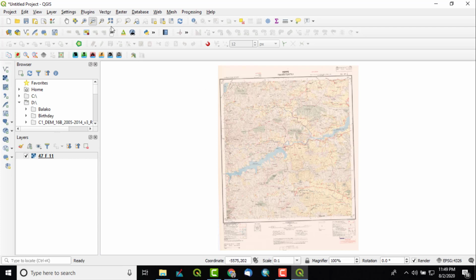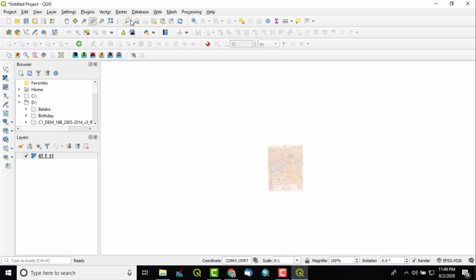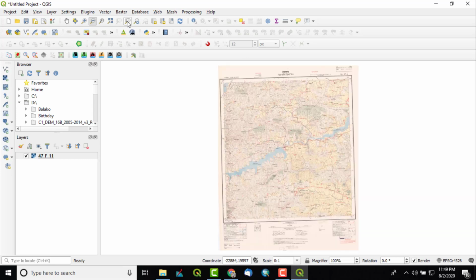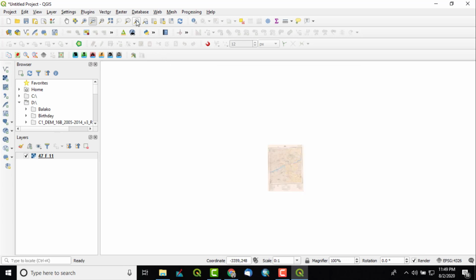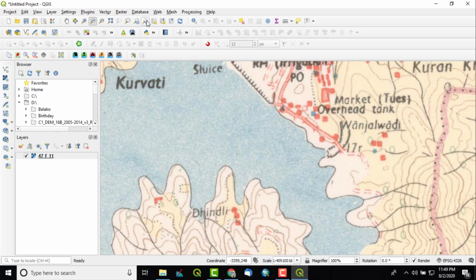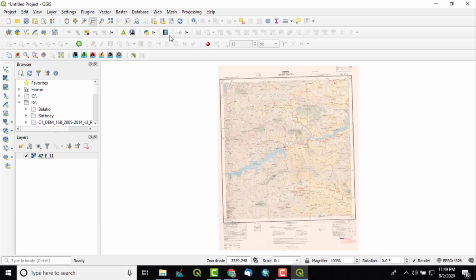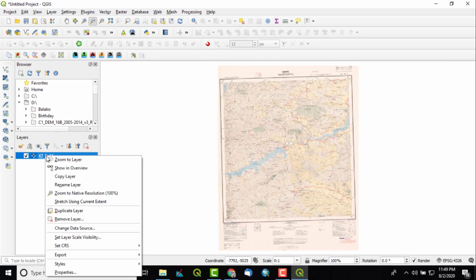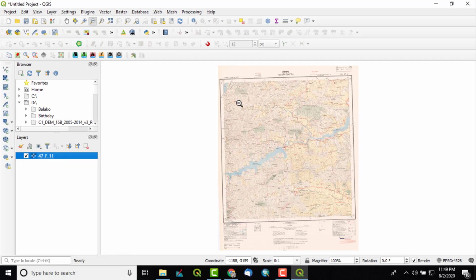So the whole of the map will be visible from this option. Here also is the option zoom to layer. So the whole map will get zoomed. This is zoom last. You can go forward zoom like this. You can also right click and go to zoom to layer.